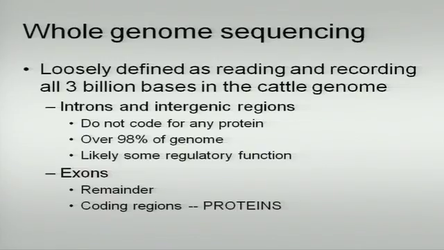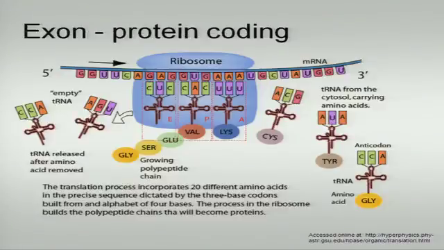Exons are the remainder, approximately 2%, and these are the coding regions that bring about the proteins that are used in the building blocks of the mechanics of our cells and of life. And this is sort of a quick demonstration of that process. We get a transcription from DNA to an mRNA molecule, which is basically complementary bases of that DNA that we started out with,